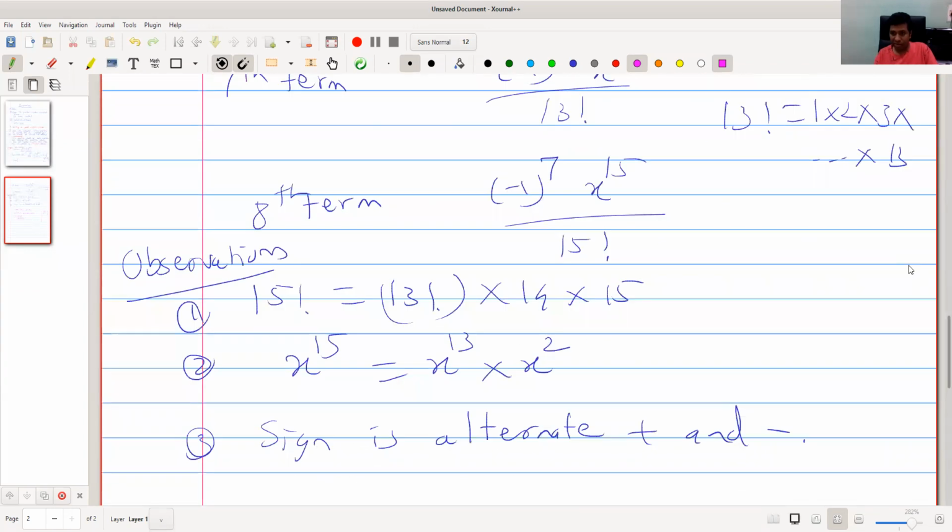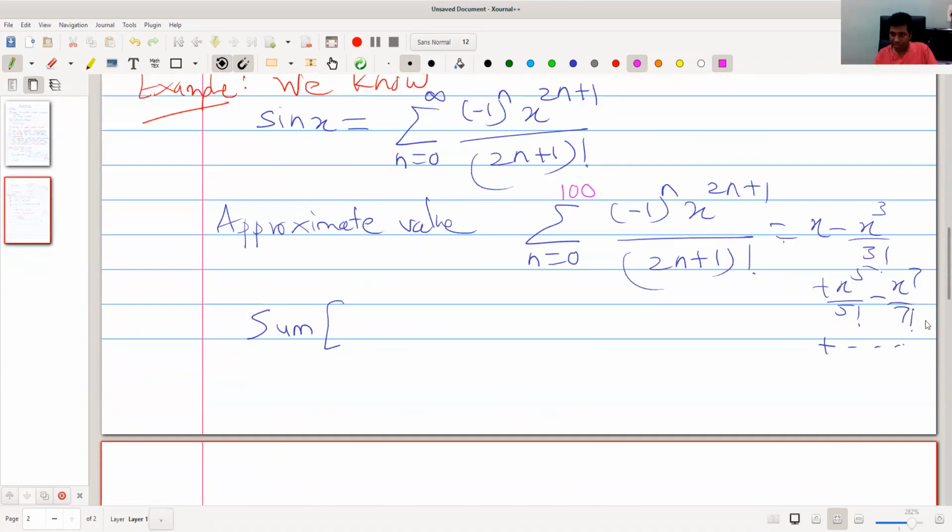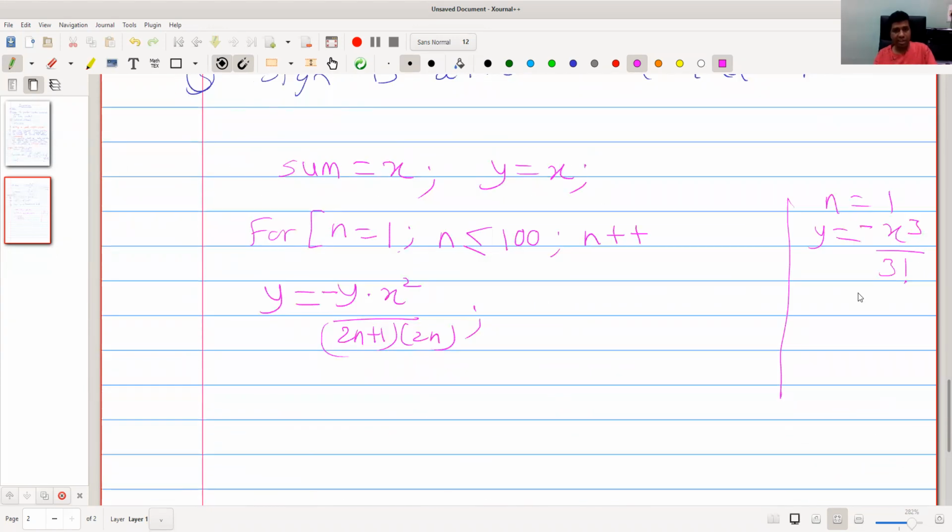I'm getting the second term, so I should add it to x. So what will I do? I will replace the value of sum with sum equal to sum plus y. In programming this is possible. In usual mathematics we don't write such things. I cannot write 2 equal to 2 plus y, so this is not equality.